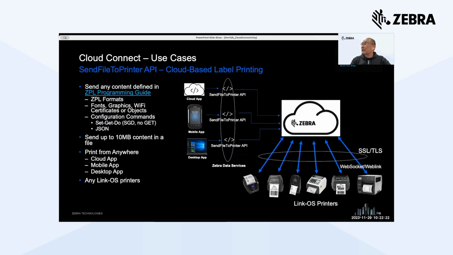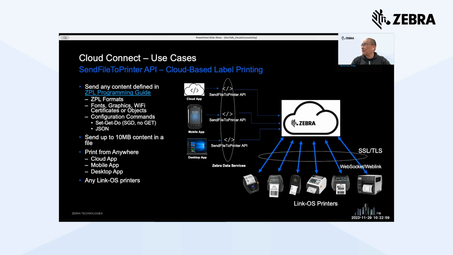Another use case for the cloud connectivity is the send file to a printer API. This API is also based on the cloud connection from our printer to Zebra Cloud. You don't have to do anything, because the printer already has the pre-installed Zebra device certificate, and the cloud has the Zebra signed server certificate. The printer has the server certificate authority pre-installed, so you can automatically sync up with the Zebra Cloud without